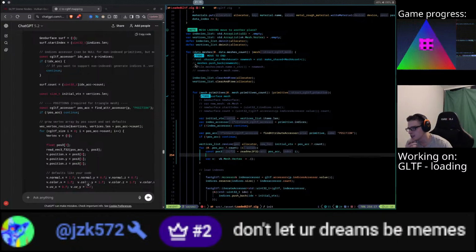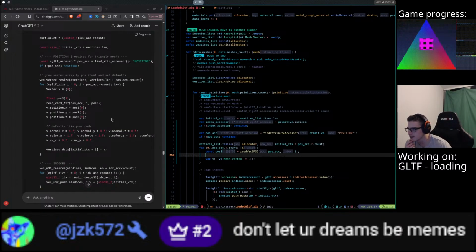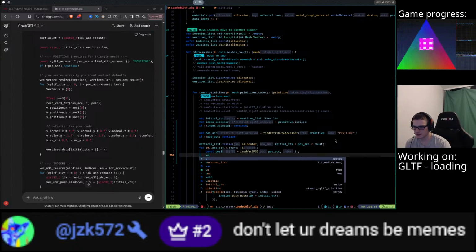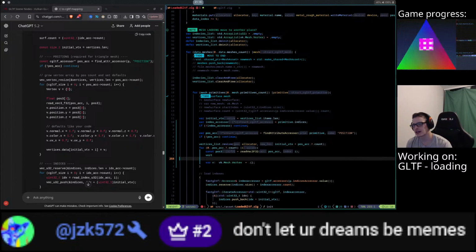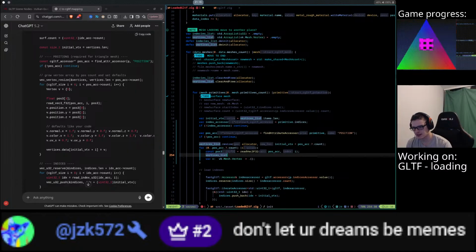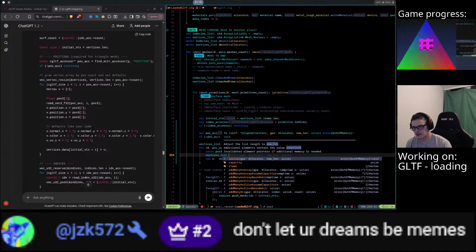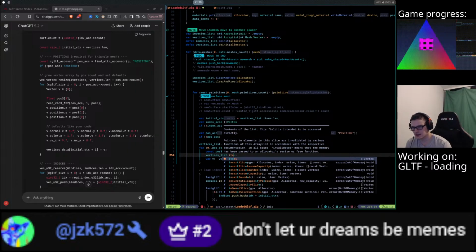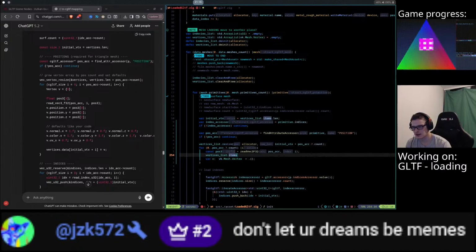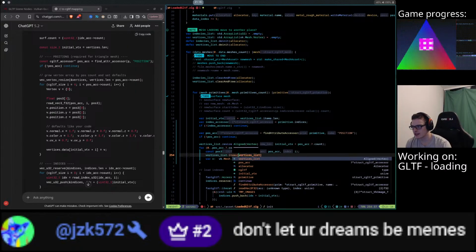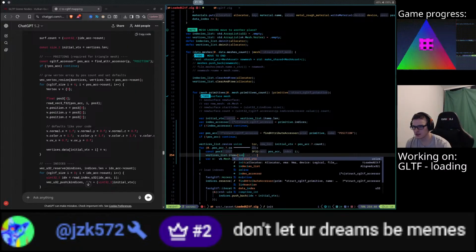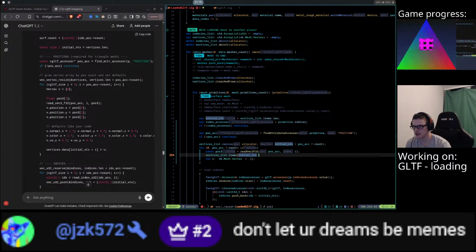We could literally... I think we can do this. So we'll just go vertices dot items. And then I can directly access the list by saying initial vertex plus I, because now we should have that